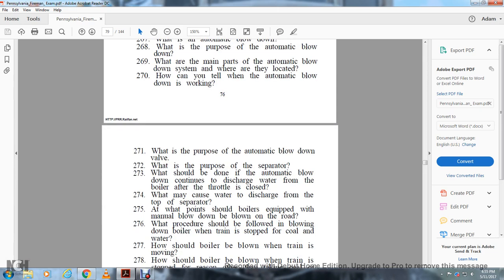What should be done if the automatic blowdown continues to discharge water from the boiler after the throttle is closed? What may cause water to discharge from the top of the separator? At what point should a boiler equipped with the manual blowdown be blown on the road? What procedure should be followed when blowing down the boiler when the train is stopped for coal and